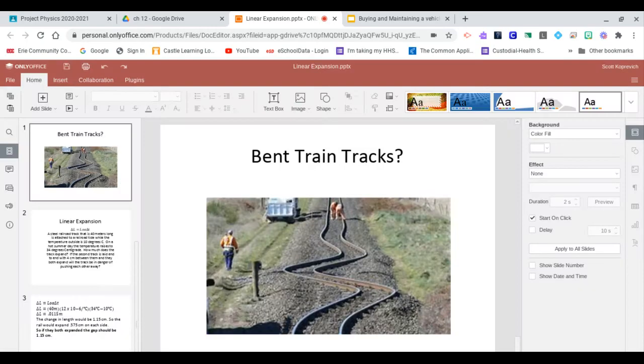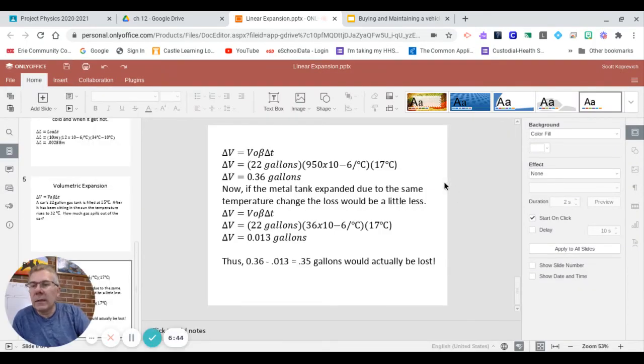So this chapter, there's basically two formulas that you're going to use: linear expansion and volumetric expansion. It's a super easy chapter. And all of this stuff comes into play in industry, where there are different types of things that go on. A lot of times, if you wanted to put something into something and not have it come out,